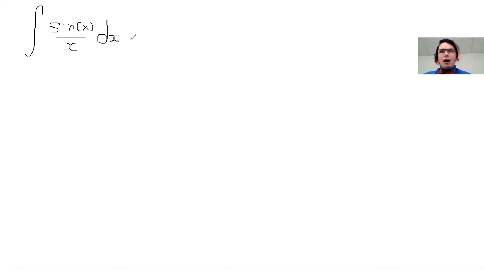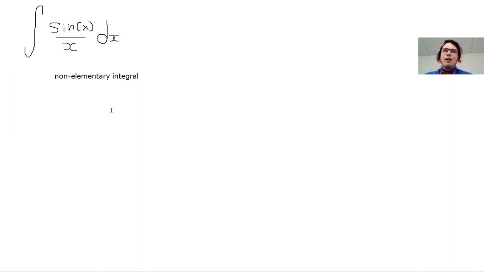Now, of all the techniques that I know, it doesn't look like u substitution is going to help me here. Maybe I could try integration by parts, but I'll tell you right now that that will not be very fruitful. This integral right here is special. There are lots of functions like this where the integral is called